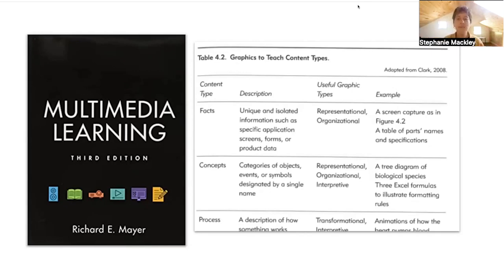But if we take the first example, if the content type is facts, then a useful graphic type that he lists is this representational organizational. And then there's an example, which is like a screen capture, right? He's just laying out what I'm going to talk to you a lot more about, which is